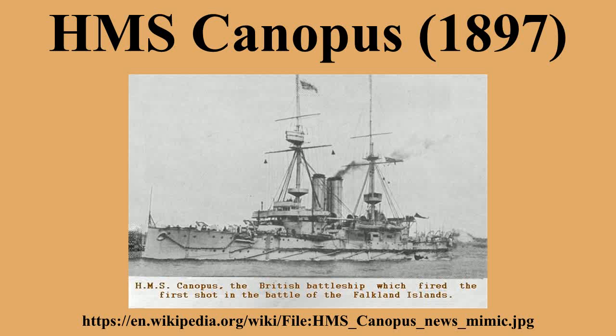Canopus and her 5 sister ships were designed for service in the Far East, where the new rising power Japan was beginning to build a powerful and dangerous navy. These vessels were intended to be able to transit the Suez Canal. They were designed to be smaller, lighter and faster than their predecessors, the Majestic-class battleships, although they were slightly longer